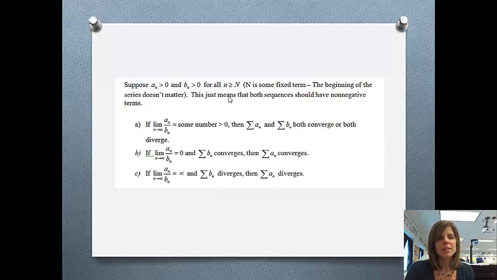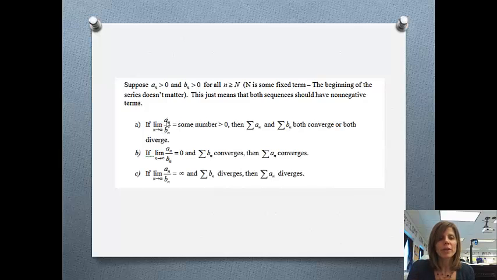In this case, we don't care which one is bigger or smaller, so that's one thing that's a little bit easier about the limit comparison test. We mostly will just be trying to find a function that's a little simpler to deal with than the one that they give us. Once we have both series, both the a sub n and b sub n,